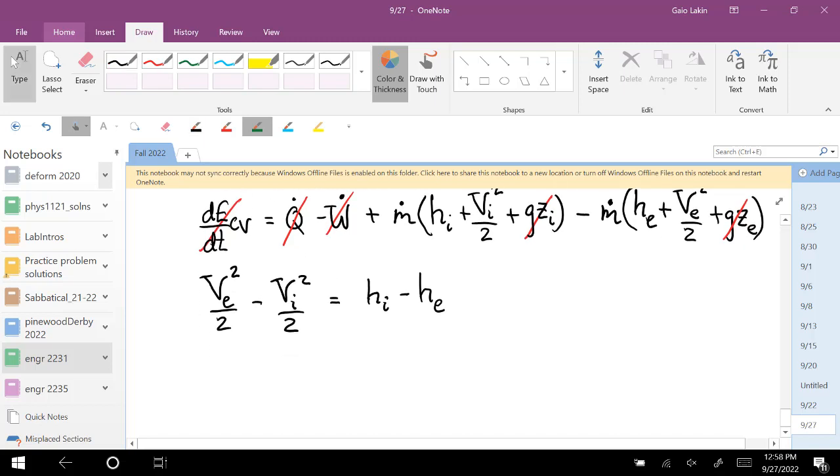And we can fill in those speeds. So at the exit, that's 548.6 squared over 2. And then minus, at the inlet, that's 30.5 squared over 2. And that's equal to h_i